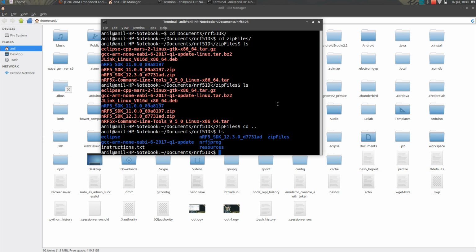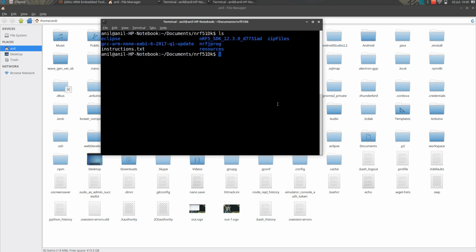First, let me clear this. So unzip all these things and save them in folders. Now we will have the NRF SDK 12.3 folder, the ARM GCC folder and the nrfjprog folder.